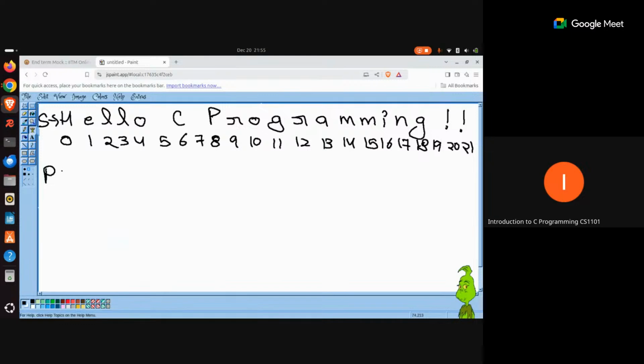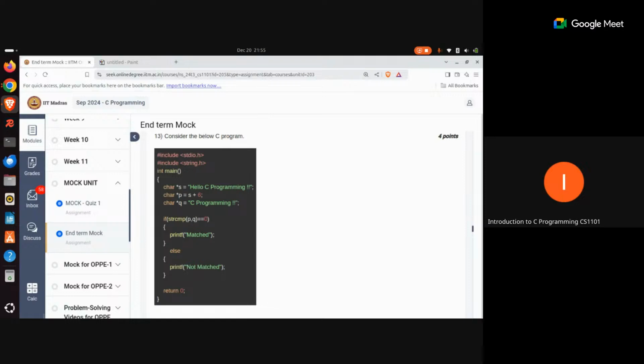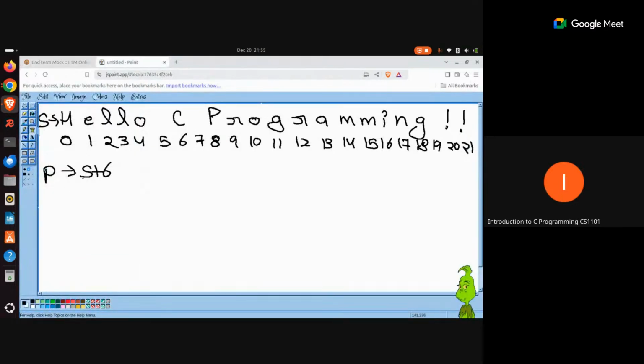Now P says that I will start referring to this array only, but I will first take a jump of 6 bytes. Remember that this P is of character type. When you say that it needs to take a jump of 6, it depends upon which type of data it is referring to.